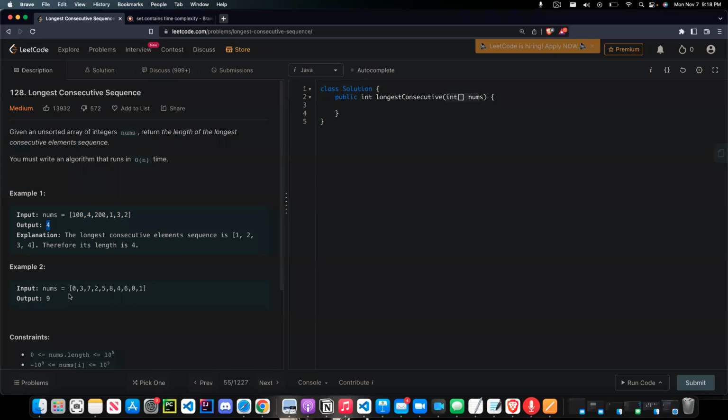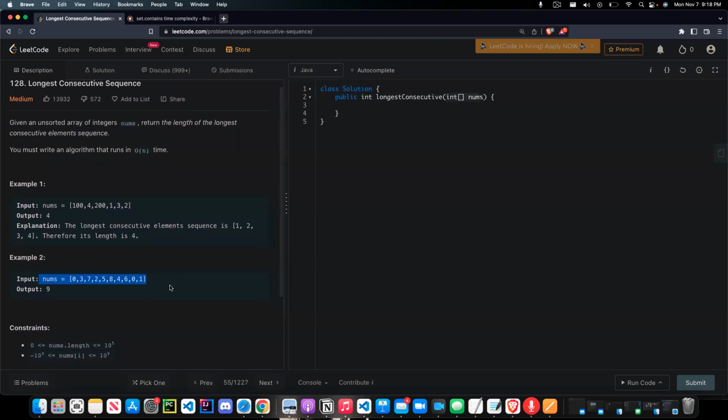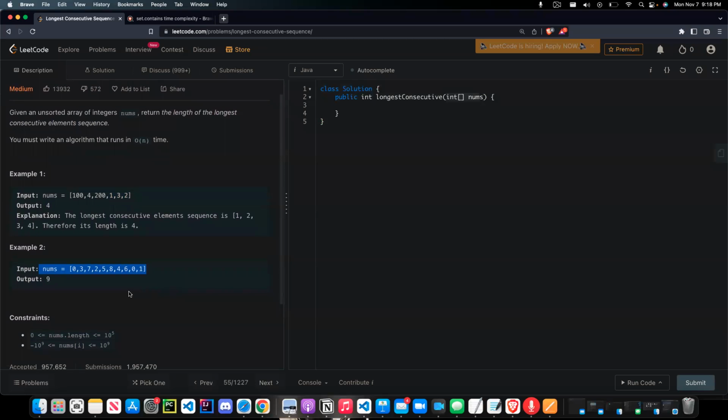And so of these three sequences, we can see that the longest sequence is 1, 2, 3, 4, and therefore 4 is the answer. In this example 2, we can clearly see that we have multiple sequences. In fact, we can pick and choose, right? So like 2, 3, 4, and 5 could be a sequence. 2 and 3 could be a sequence, but the longest sequence would be if you started from 0 and built your way up to 8, in which case you would have 9 members of that sequence,